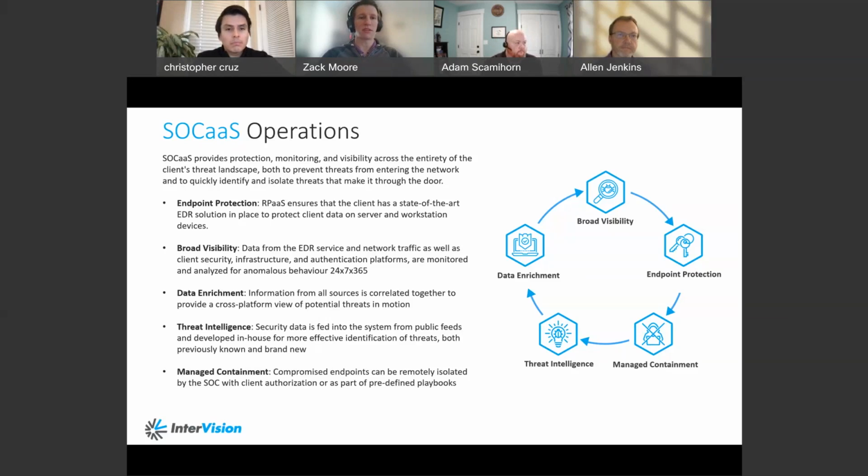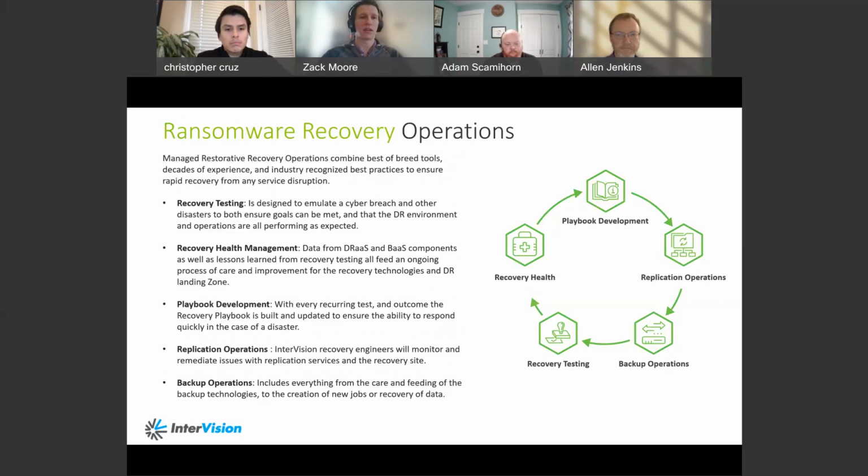To talk about the next piece, I'm going to throw it over to Adam to talk about the recovery operations lifecycle. Thanks, Zach. So to solve ransomware from a backup and recovery perspective, we believe the first step is to